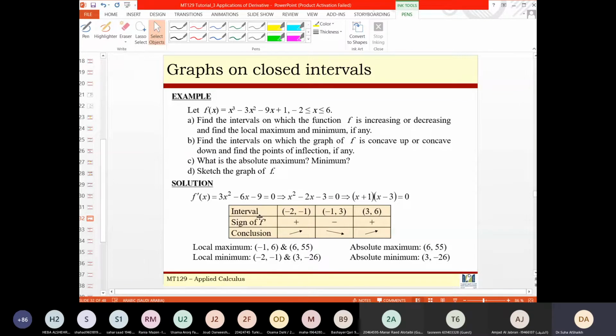And rarely do they say sketch it. This is an example. You have this function f of x equal to this, and your x is between −2 and 6. The final is in the campus, yeah. The final is